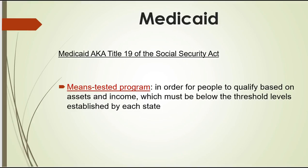All right, so now I'm going to go through Medicaid, and then I wanted to show you a video on it, and we'll see where we go from there. So now, regarding Medicaid, I wanted to touch on the old options